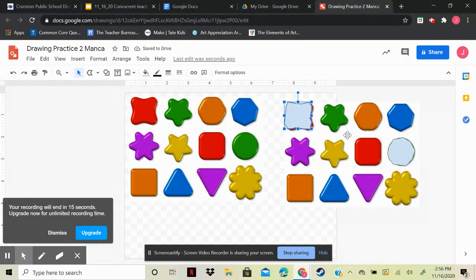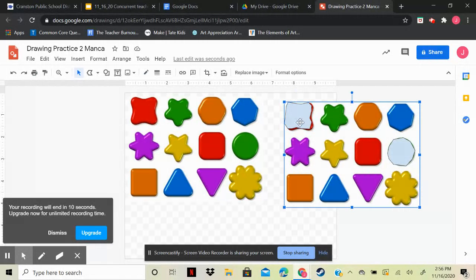Again, I'm not expecting perfect on this, especially if you are new to this. This is just practice. So you're going to try 3 shapes total, and then once you are done with that, this document will be shared with me through a Google lesson or through our Google Classroom page, and that will be